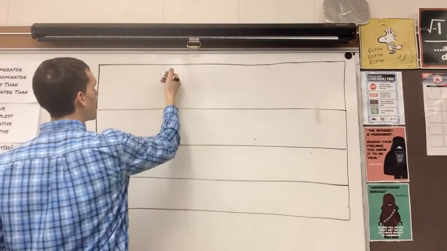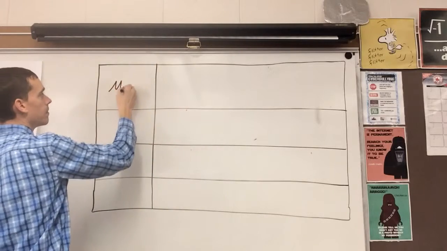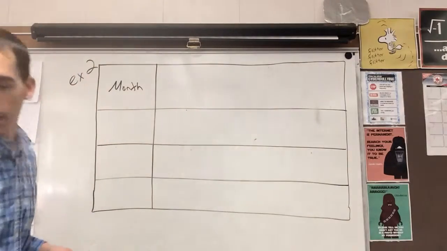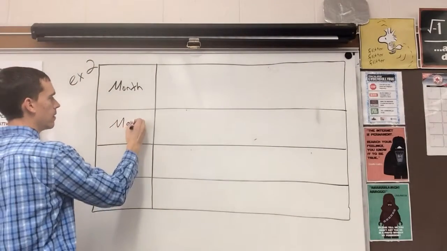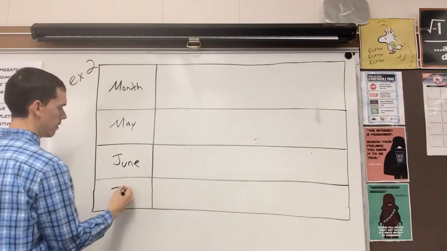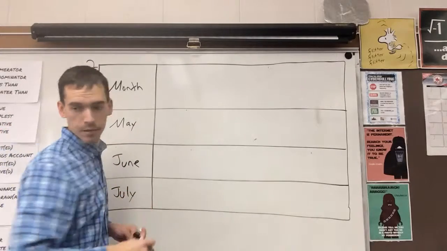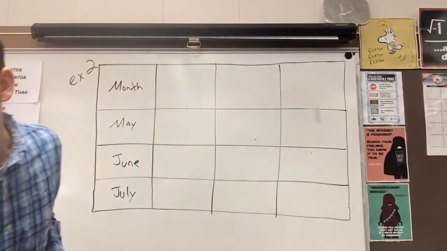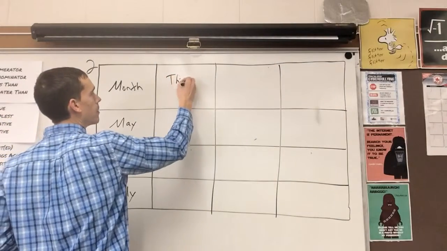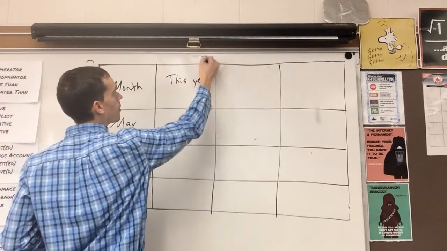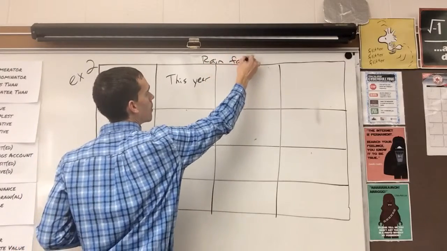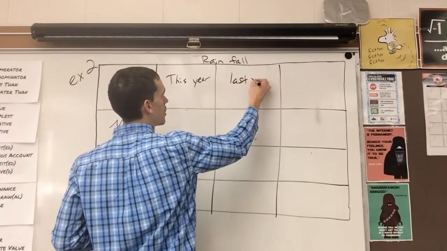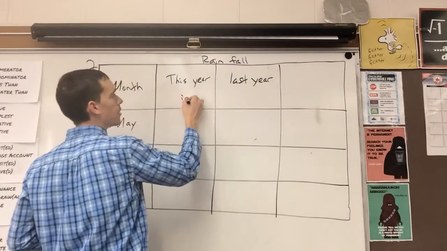So in the rainfall here, we have 3 different months. So now we're at example 2, and we're talking May, June, and July. We have 3 columns to work with. All right, and what are we dealing with most here? So we're looking at this year. We need a title. So rainfall. So this year, what are the amounts? Last year's,